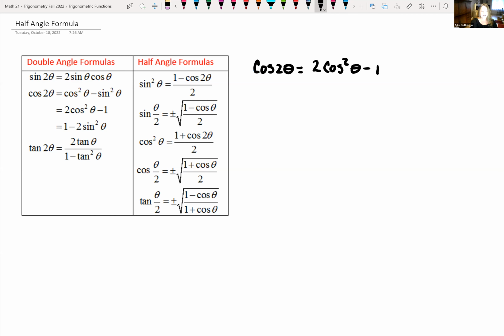So let's divide each of our angles by 2, since we're trying to derive this half angle formula. Notice when we divide our angle by 2, this is now cosine of theta is equal to 2 cosine squared of theta divided by 2,